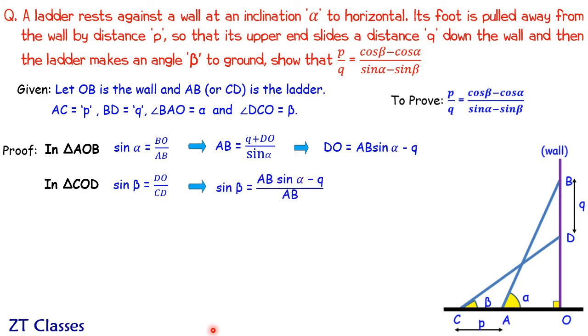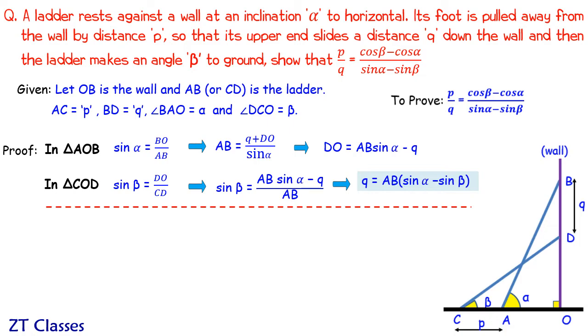Get sin beta is AB sin alpha minus Q upon AB. ठीक है, क्रॉस मल्टीप्लाई करते हैं, थोड़ा सा सिंप्लीफाई करते हैं and you will get value of Q as AB into sin alpha minus sin beta. तो अगर आप देखेंगे तो बेटा हमारे पास ये जो Q था, Q की वैल्यू आ गई है AB टाइम्स sin alpha minus sin beta. एग्जैक्टली सेम वे में हम P की वैल्यू निकालेंगे और फिर उन दोनों की रेशियो ले लेंगे। ठीक है जी।